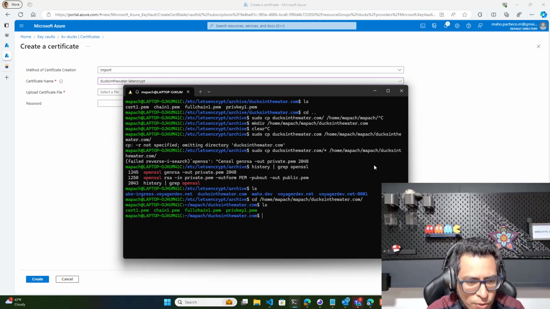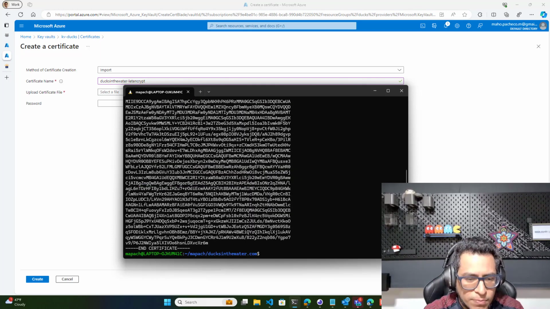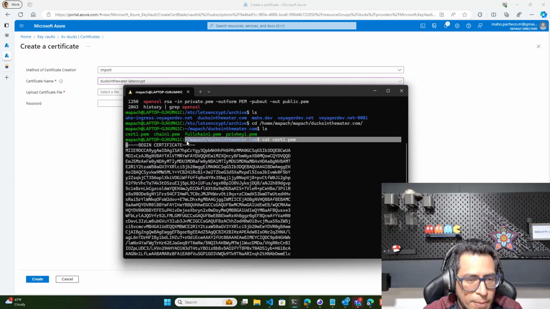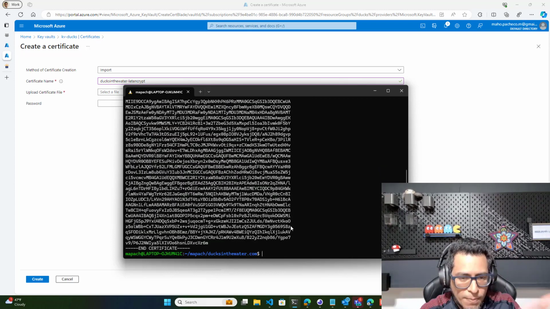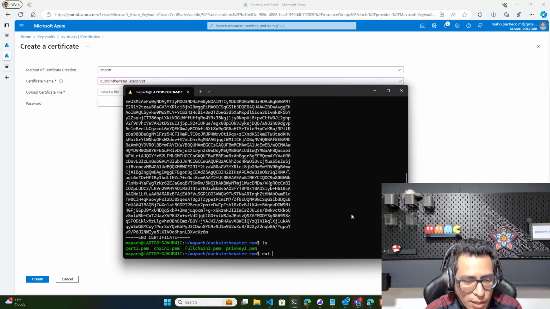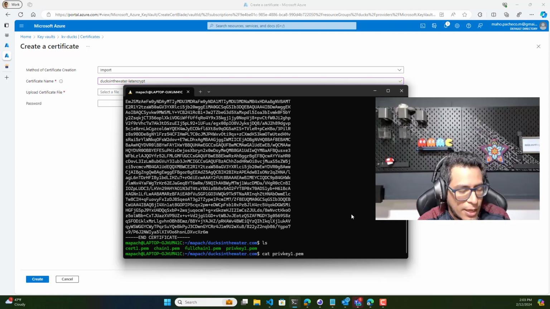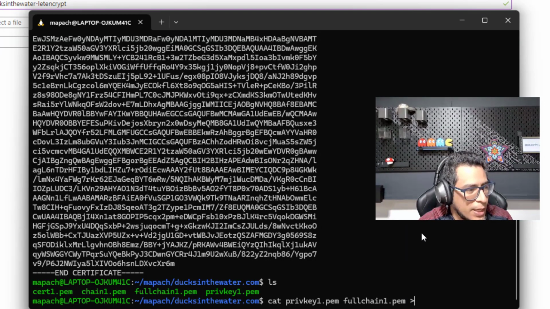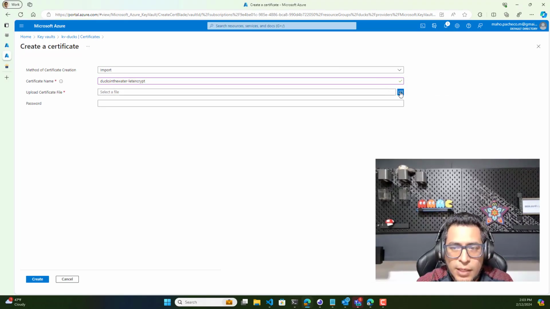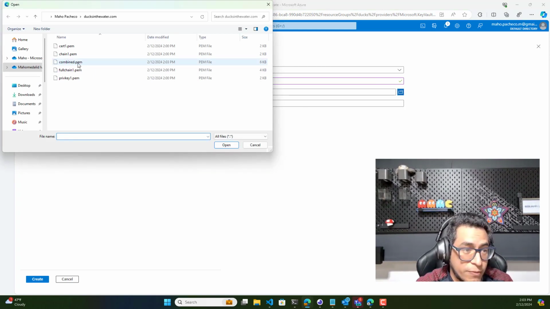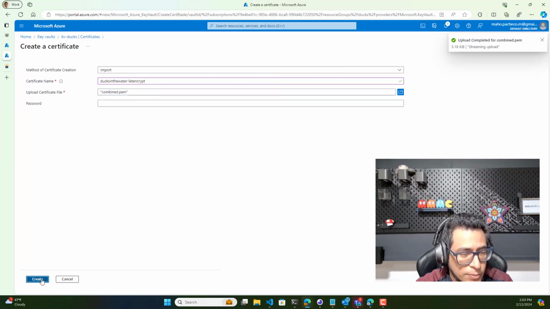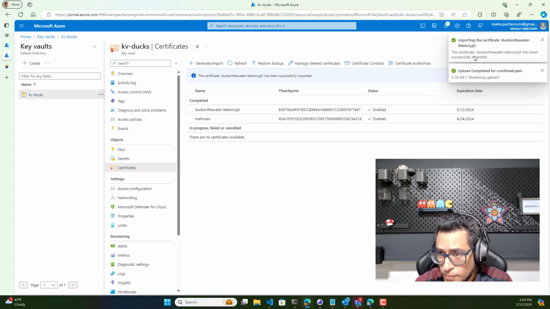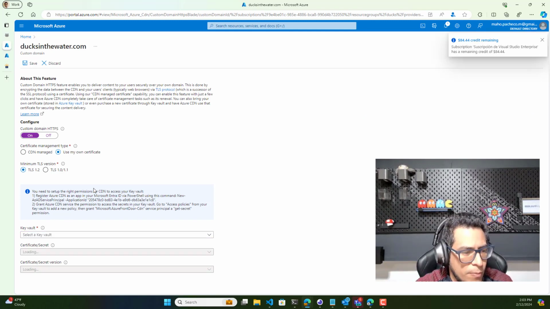Let me see if I can show, for example, the certificate. I think this is public information. You can see that they have a begin certificate and end certificate, and this is base 64 encoded information. But you can just do this, you can just concatenate files, and let's say that this is my combined file, right? And then I can just try to upload that. It's gonna fail again. In this case, I don't need to provide a password. Here it is gonna be successful, but once we want to use this,